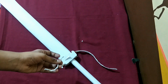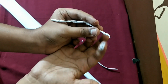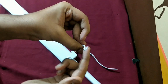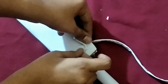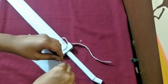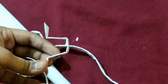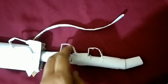Then I've used the piece which we rolled just a moment before, and used my hand to apply the glue again because it's better for really tiny pieces to attach. And then I've attached it to the sword hilt in this manner. And at the final step, I rolled a paper piece, which I folded into this box shape. I'm going to attach it over the handle like this, and after attaching two pieces and covering it with tape